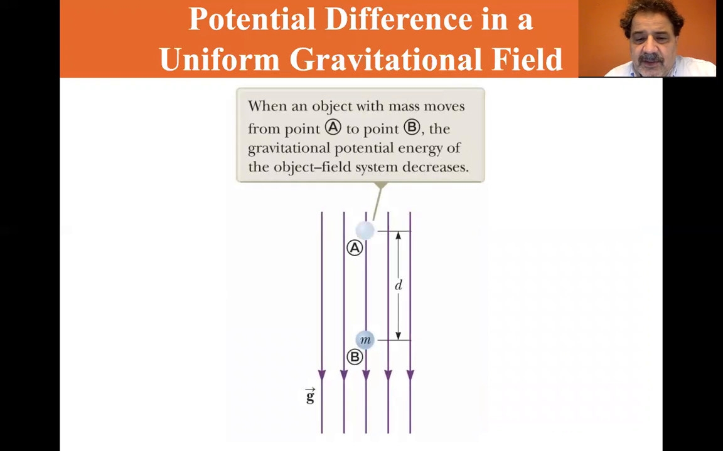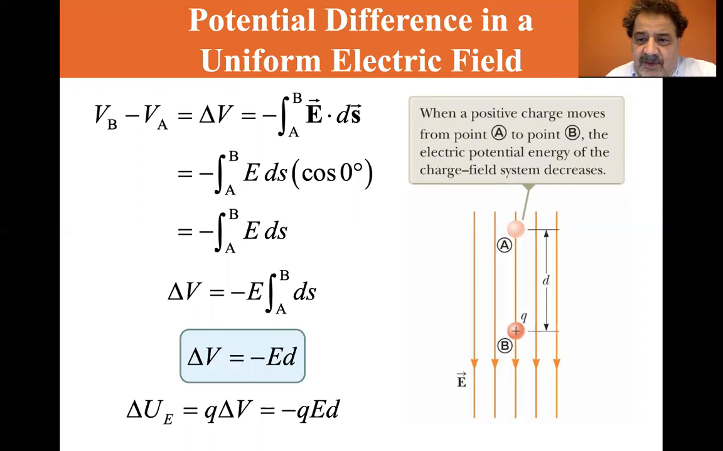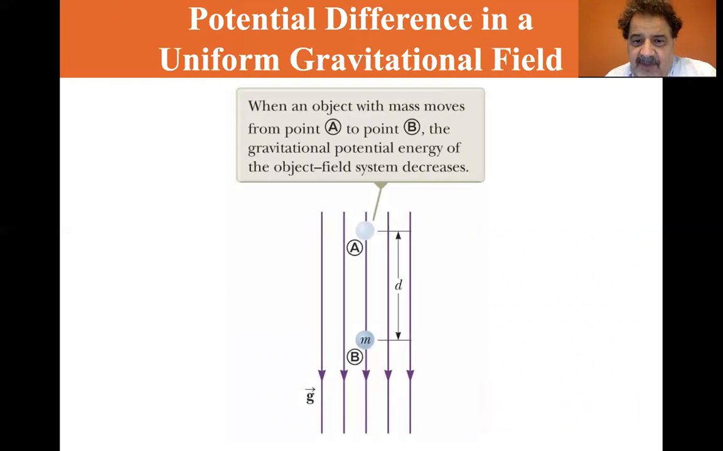Now let's look at this in terms of, up here we have an electric charge and an electric field. Here we have a mass in a gravitational field. When an object with mass moves from point A to point B, the gravitational potential energy of the object field system decreases. And this is a good way to think about it, but